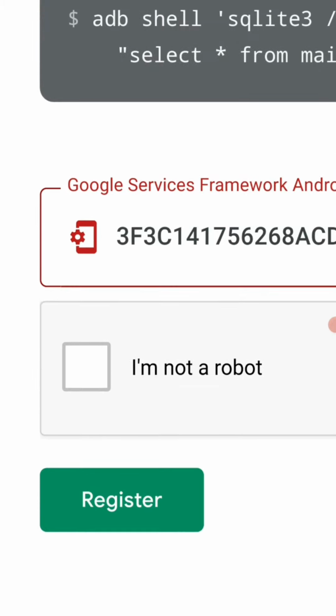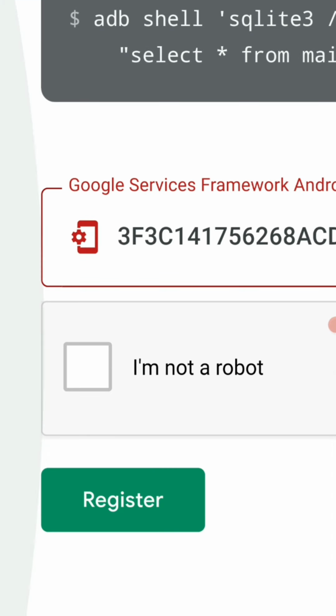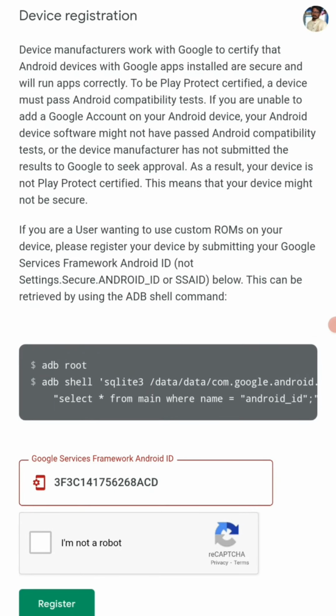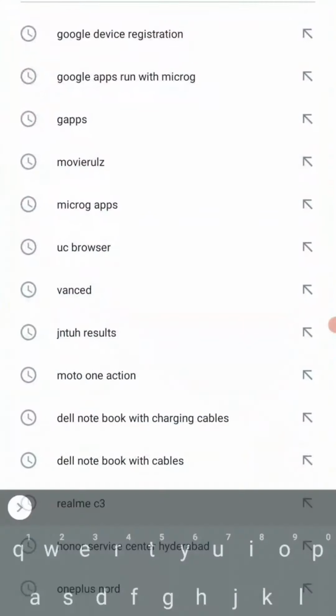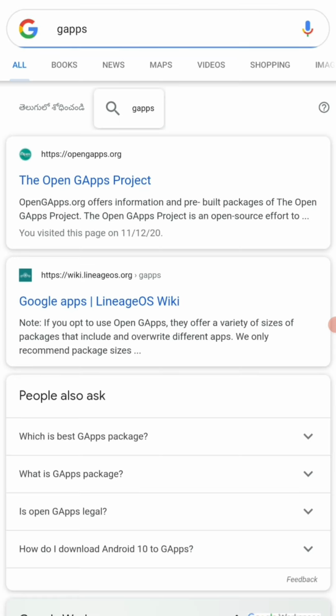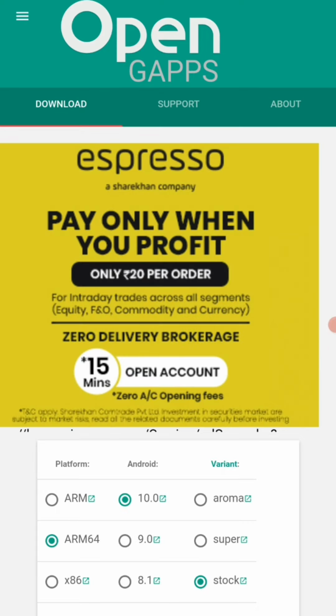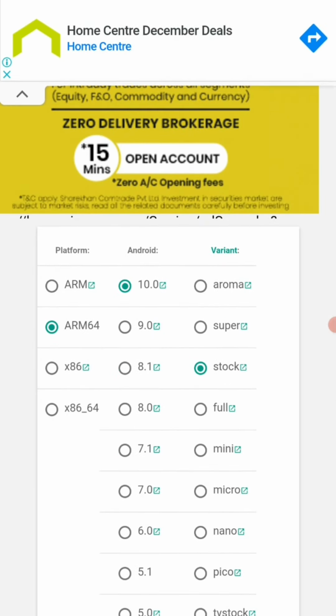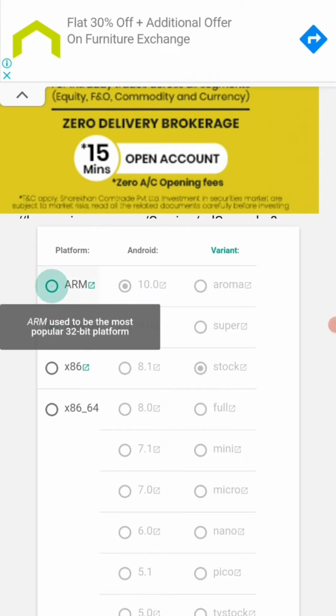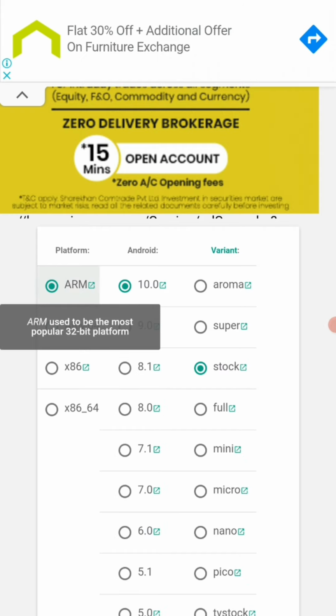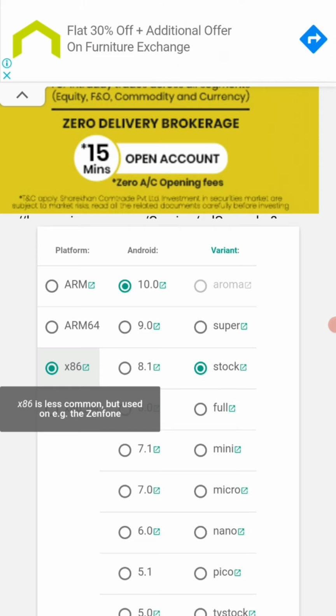I've registered here, and after registering, you need to go here, like G apps. Go into G apps and open the very first link here, and you need to make sure what device you have, like whether you have a 32-bit device or ARM64 or ARM. Most devices which are old have ARM or even older have a 32-bit interface, meaning x86 or 32.